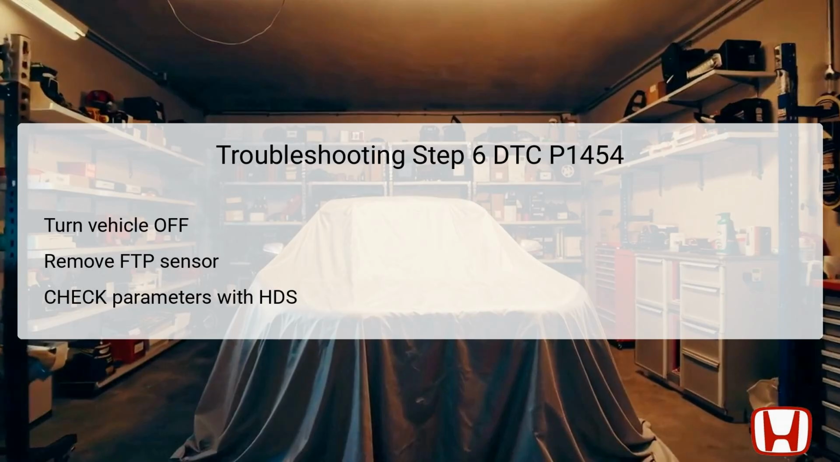while ensuring its connector remains connected. This precaution allows you to gather necessary data without needing to short-circuit the system. After removal, turn the vehicle to the on mode once more and use the HDS to check the relevant parameters against the threshold values. If the values meet the expected thresholds, it indicates that the FTP sensor port is functioning